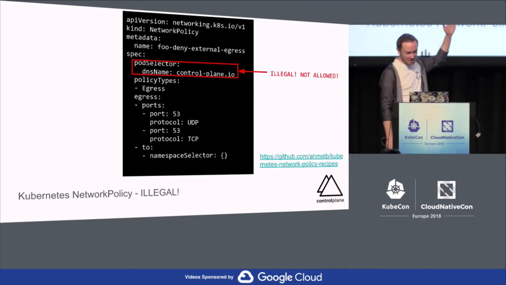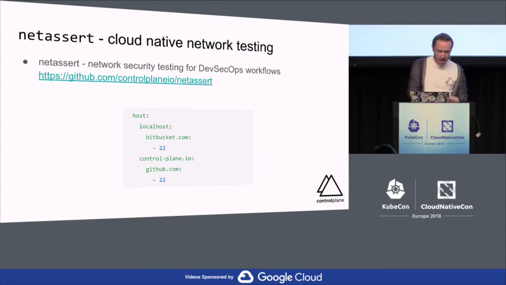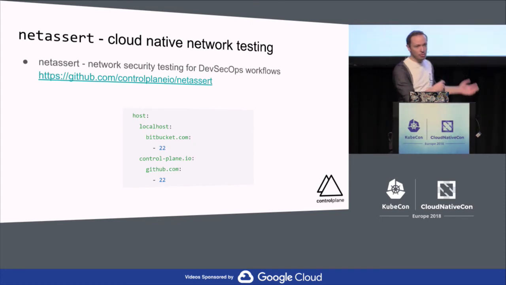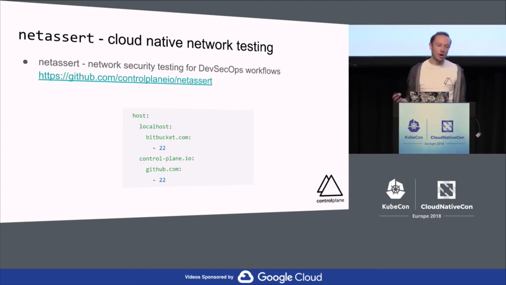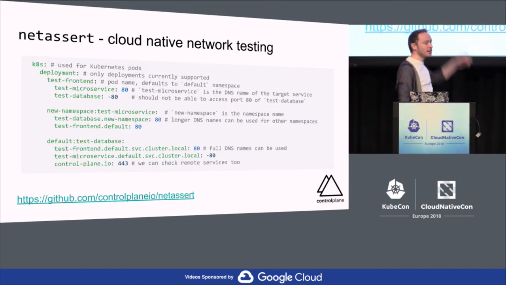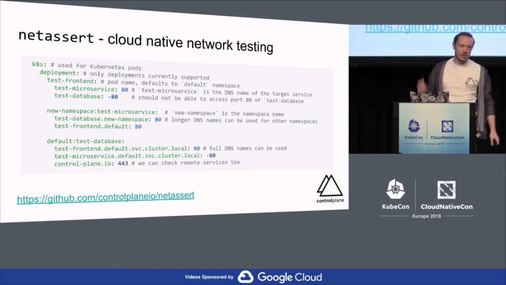This is illegal, of course, just to demonstrate. And as I said, these policies require maintenance. Of course, we wrote a tool for this. So this is a way of aggressively running Nmap in parallel from the same network namespace as a container. So what we do here is we define a deployment, a test front end, and running netassert in this case